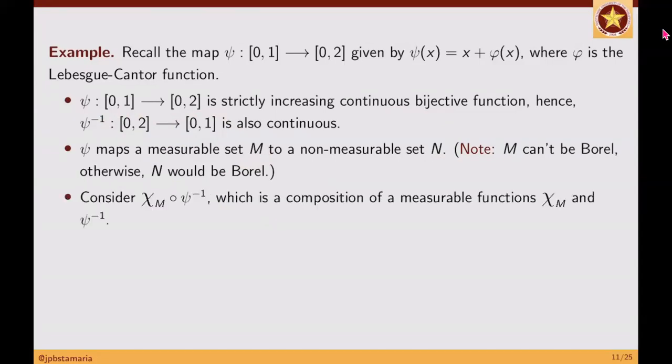Okay? This is what we do. We will consider the composition with chi M. Anong chi M? Yung chi M is the characteristic function on the set M. Dalawa lang ang value nito: 1 if x is in M, and 0 if x is not found in M. As long as the set M is measurable, this is measurable, sabi ng previous example natin. Let me find that for you so you can take a look.